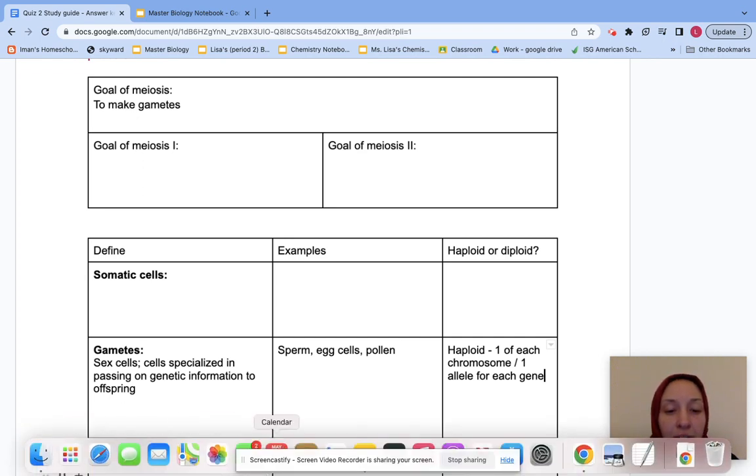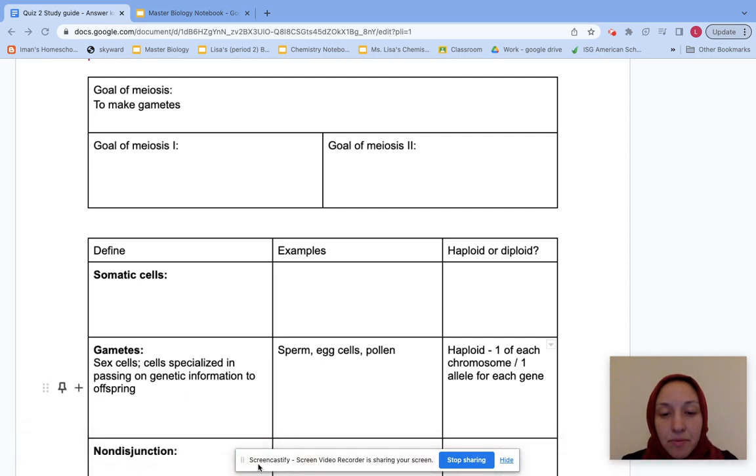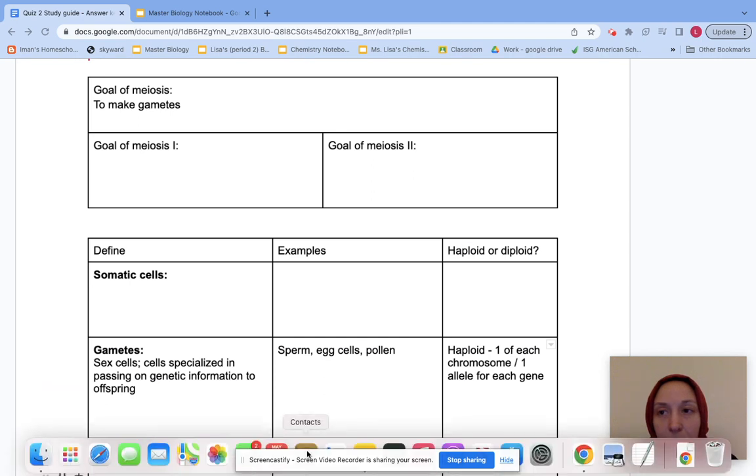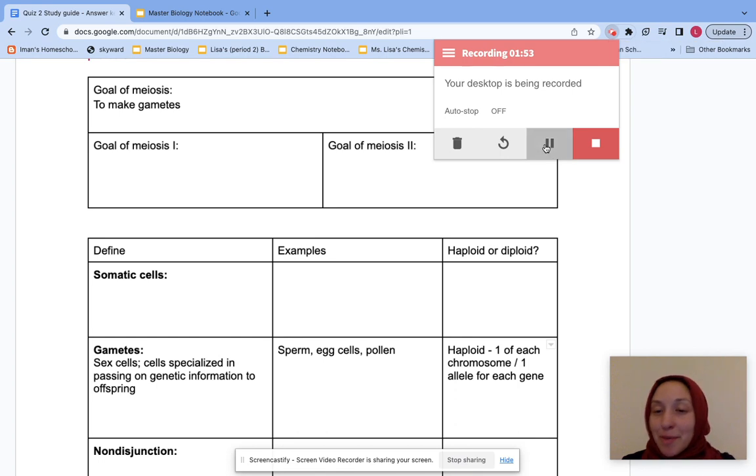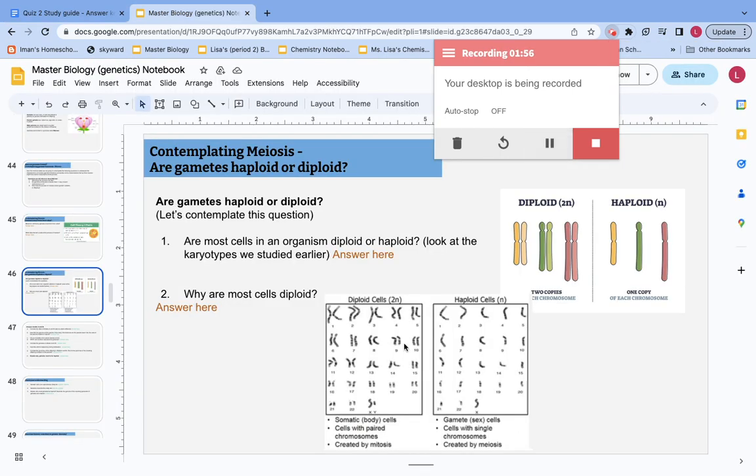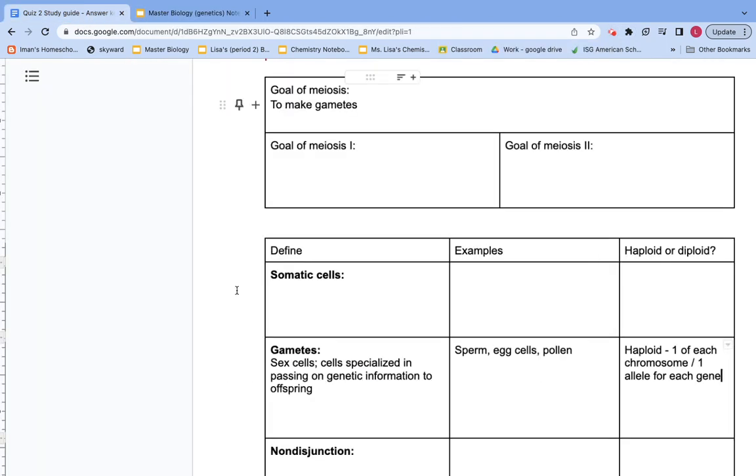Quickly, I will show you haploid. Sorry about that. My toolbar is not on my screen. Okay, so this would be a haploid karyotype where we have one of each chromosome and one sex chromosome. And this is different than a diploid cell, which has 2 copies of each chromosome, one from the mother, one from their father. Okay, so if we go back here,